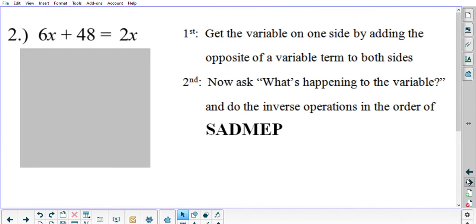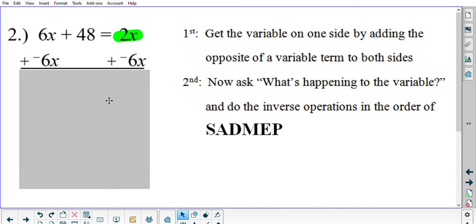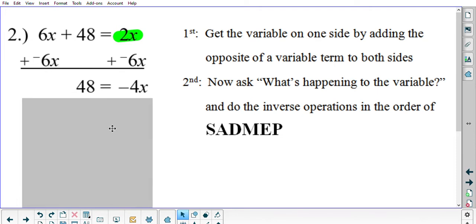then maybe that would be helpful on some of these problems. But there is the type of equation like number 2 that I want to talk about. Number 2, notice the right side is not a variable term plus a constant. It's just a variable term. Whenever you have an equation like that, then don't bother trying to keep positive numbers. Instead, get the variable on the side that only had the variable term, which in this case is on the right side. So, therefore, I would add by negative 6x, because that would give me negative 4x on the right,